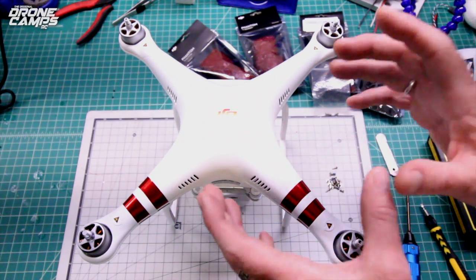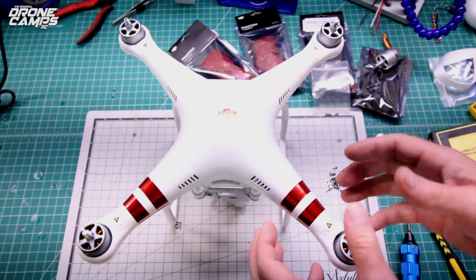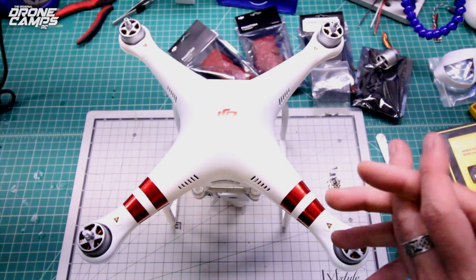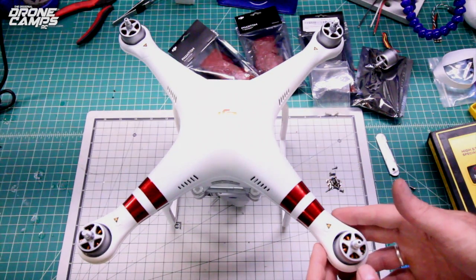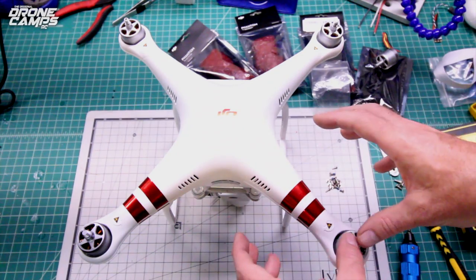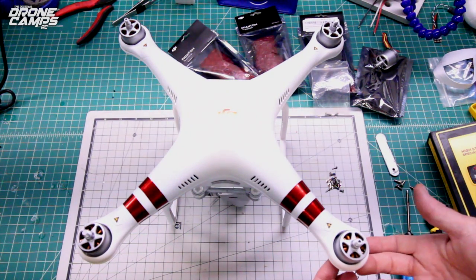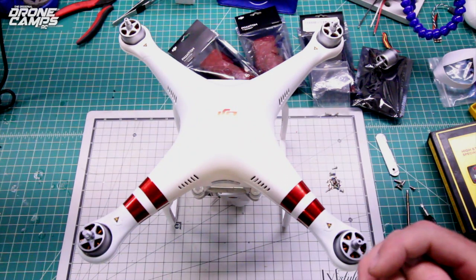part of the shell. Now this clamshell is a pain in the bleep. Extremely hard to get this off, and DJI, they kind of did this on purpose. They put tabs up inside here so that people like you and I would have an extremely hard time getting into this to mess around with this. Now make sure that your end screws are off. A lot of people forget to do that and then they can't get the clamshell off, but the hardest part